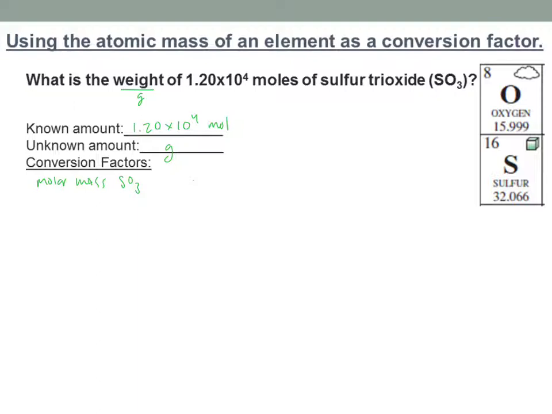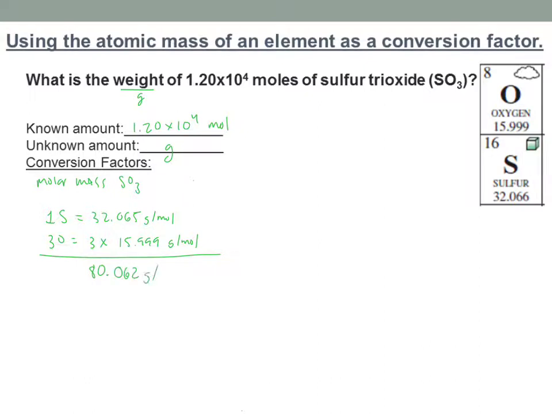Since sulfur trioxide has 1 sulfur, so here's my 1 sulfur, and 3 oxygens, I just need to find the molar mass of 1 sulfur, which is 32.065 grams per mole. And then the mass of 3, so I'm going to put 3 times 15.999 grams per mole of the oxygen. Since there's 3 oxygens, I'm going to multiply that number by 3. And if you do that and then add them all up, you should get that the molar mass of the whole compound is